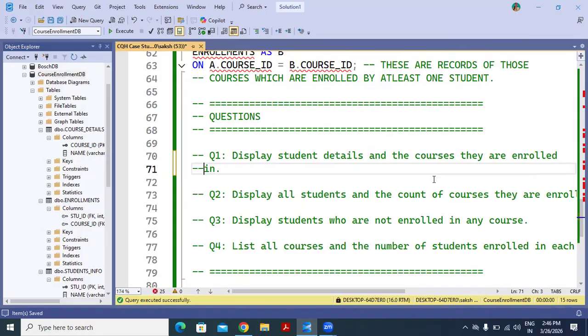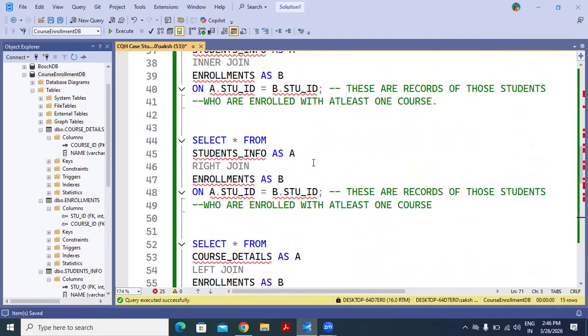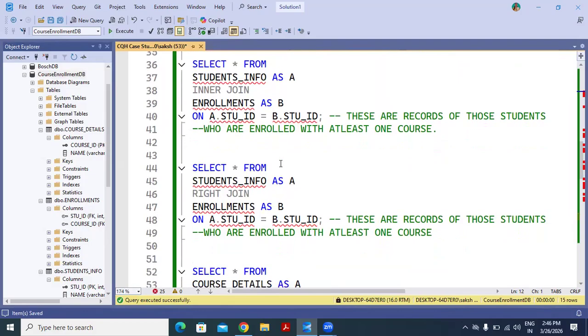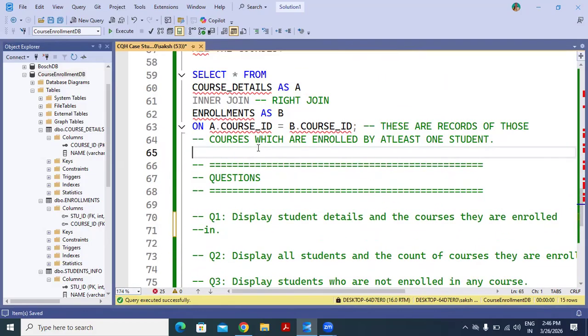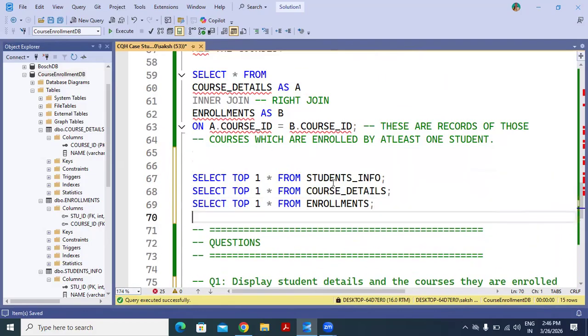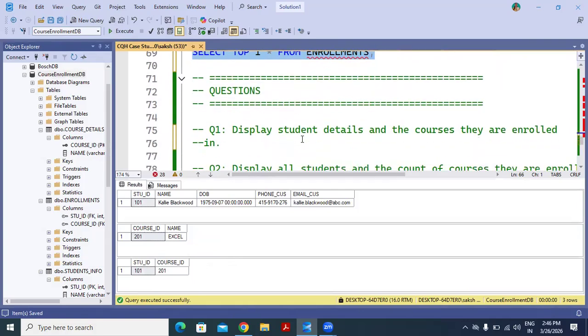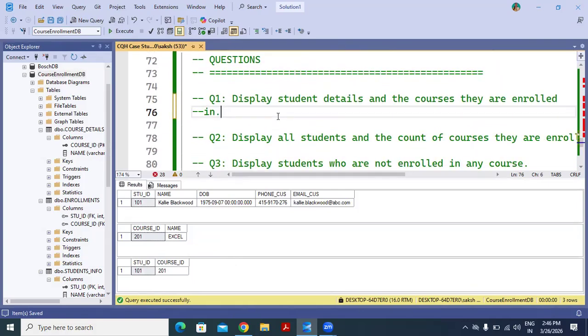So the first question is display the student details. Let's see our structure first. So yes, now let's see the question. Display the student details and the courses they are enrolled in.